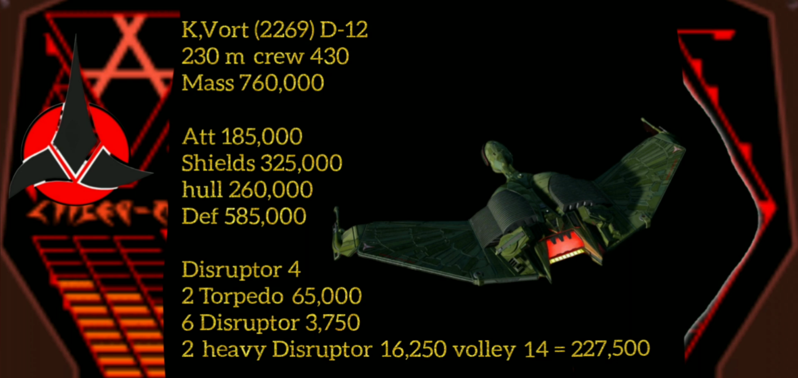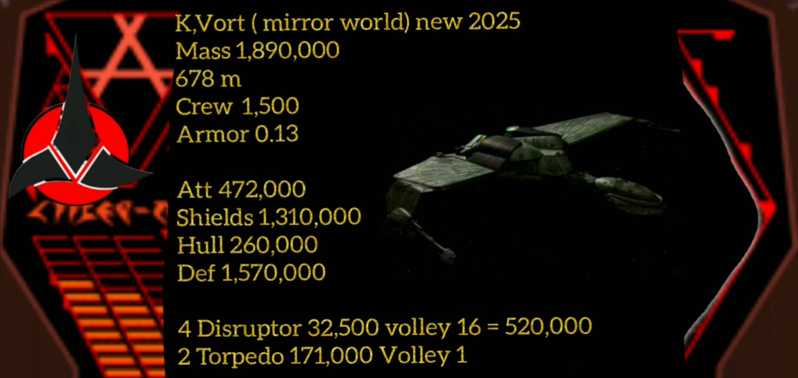Now, this K-Vort class was designed as a cruiser, but during the time period of the Dominion War, it's brought down to just a destroyer. So as the Klingon Empire began to recover, they just started making new K-Vorts. So this K-Vort has a mass of